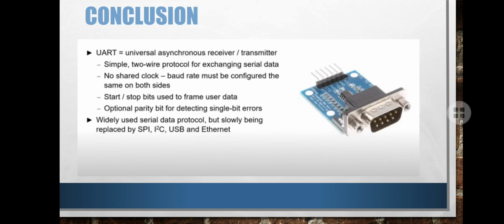Now, concluding our presentation, UART is a Universal Asynchronous Receiver Transmitter. It is a simple two-wire protocol for exchanging serial data, with no shared clock. The baud rate must be configured the same on both sides. Start and stop bits frame the user data, with an optional parity bit for detecting single bit errors. It is a widely used serial data protocol but slowly being replaced by SPI, I2C, USB, and